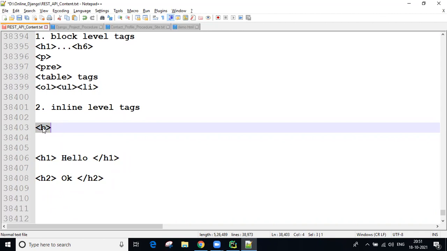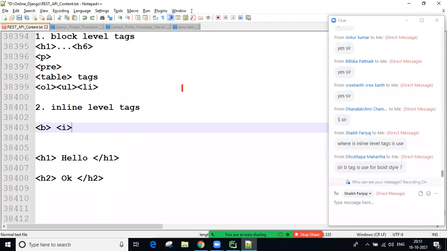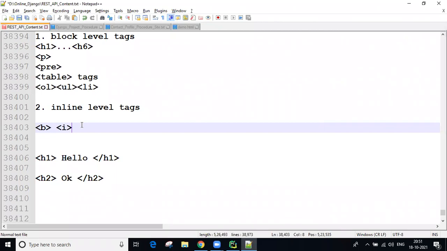More black color content you are going to be getting. Okay, and I means italic. Italic means, guys, so this is our content I. Italic format related content you are going to get like this, characters slightly sliding to the right side. Italic content. Okay? And anchor elements also come under inline.